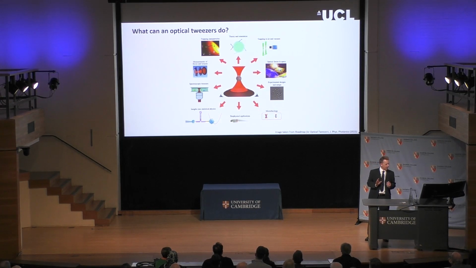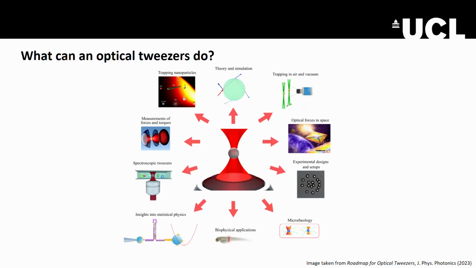So we now know all about optical tweezers, where optical forces come from. What can an optical tweezers do? I wanted to tell you about some experiments. I'm kind of spoiled for choice because there's so much that an optical tweezers can do. This image is taken from a recent Roadmap for Optical Tweezers. Many authors have contributed ideas about future directions for optical tweezers research in various fields, biophysics, combination with spectroscopy, even optical forces in space. But I thought, perhaps for the Darwin lectures, I'm going to look back, not 1 year,